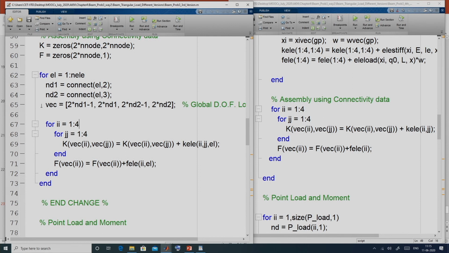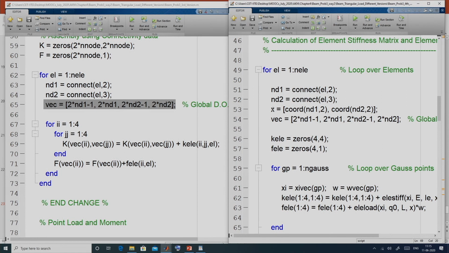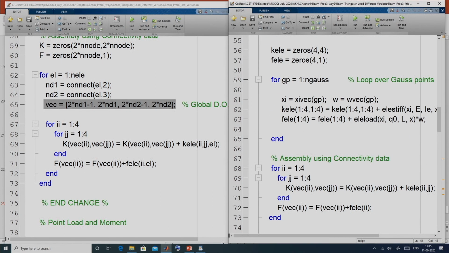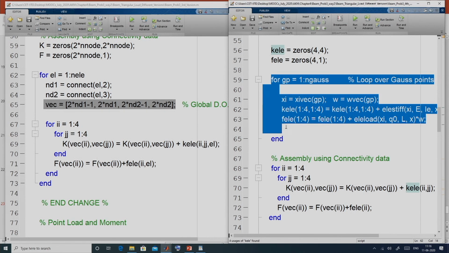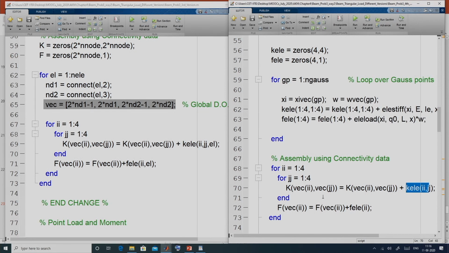For assembly, we require this address array vec, which we create in the changed version at the beginning, and this KLE, which is obtained after summation over Gauss points. So, we have to complete the Gauss point loop for the summation. After the Gauss point loop, we have KLE for that element, and then that KLE we add in the assembly operation.